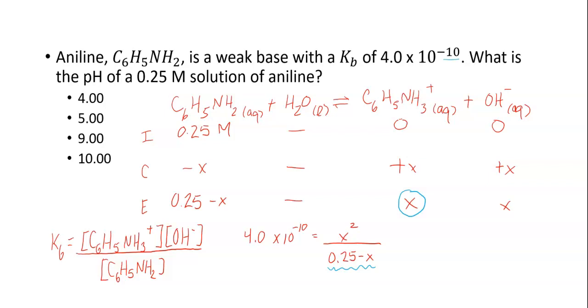So I would assume on the multiple choice, you can pretty safely ignore the x if it's a weak acid, weak base equilibrium, which we have here. So again, the reason we can do this is because x is most likely going to be a very small number. So 0.25 minus x